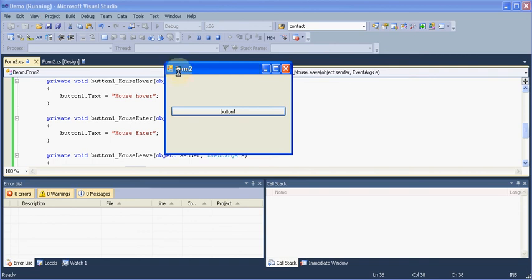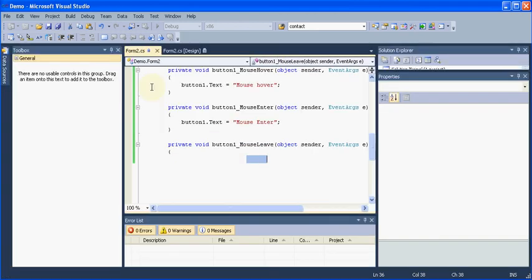If I put my pointer on the button, I should get mouse enter, and after a fraction of a second mouse hover, and when I remove the mouse, it should say mouse leave. You see, mouse enter, mouse hover, and if I remove the pointer, it says mouse leave. So these are the events which can be performed on a button.